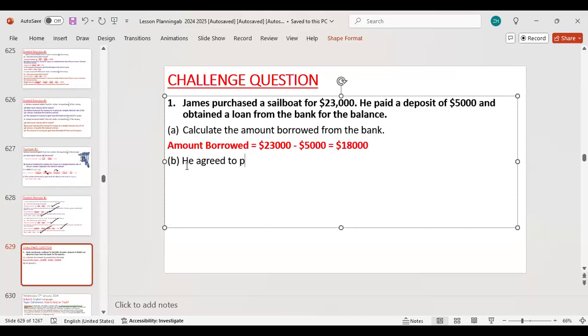He agreed to pay the loan in 3 years at the rate of